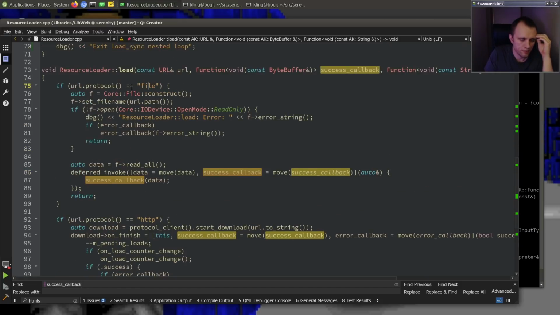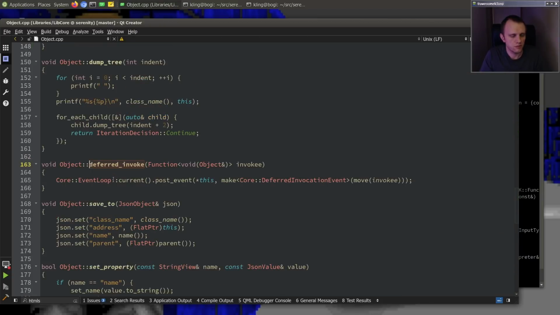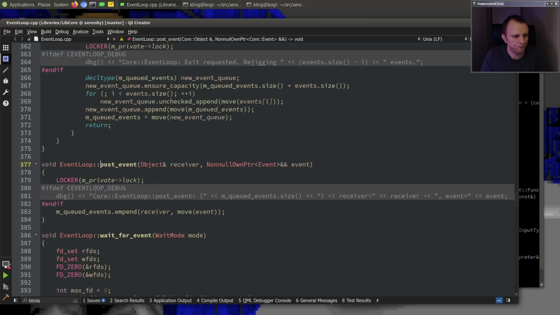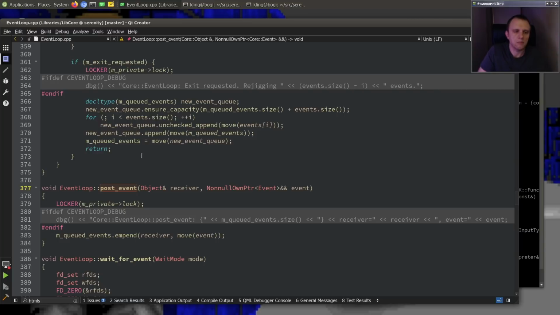Presumably it's a file URL, so it will do a deferred invoke with the success callback. A deferred invoke will post a deferred invocation event on the event loop queue. Okay, so post event. I'm thinking maybe we are,